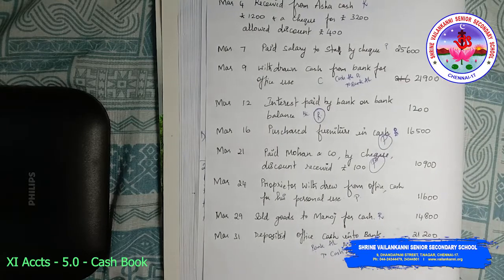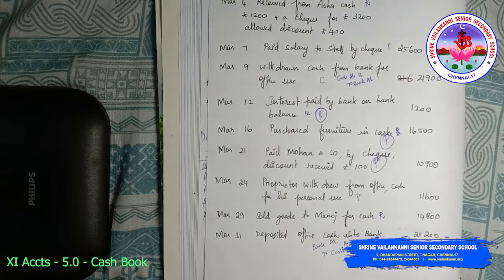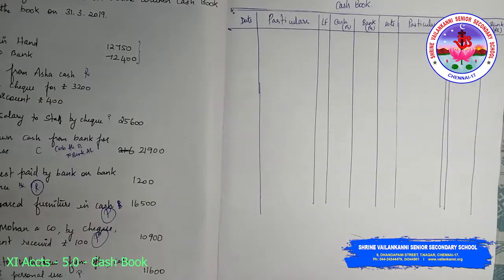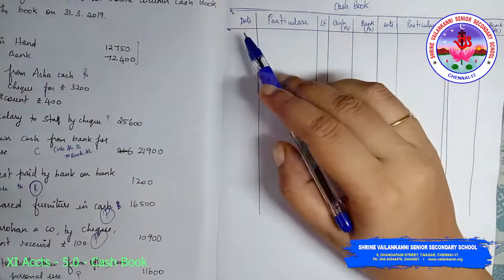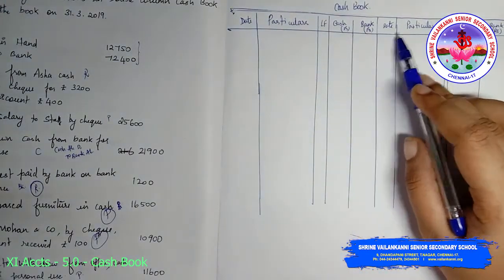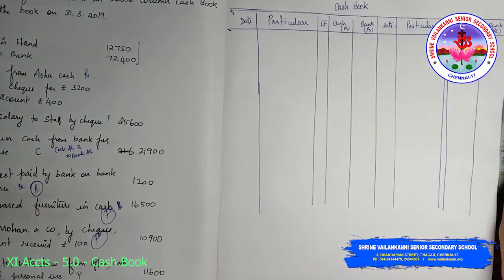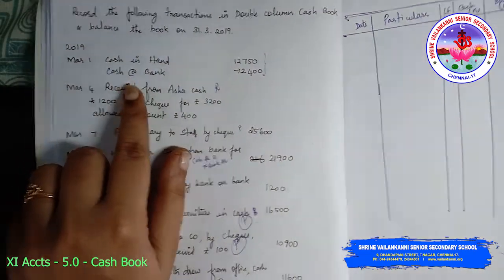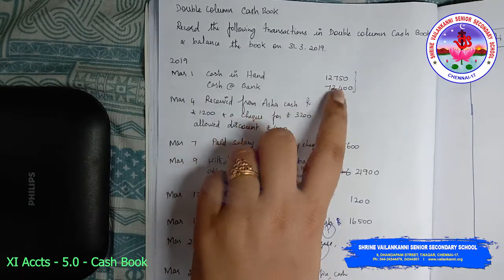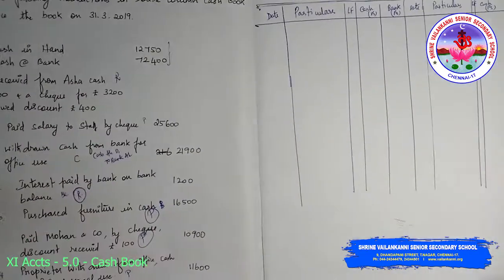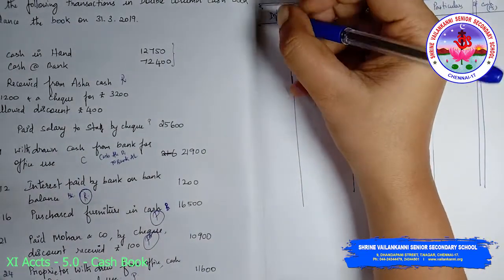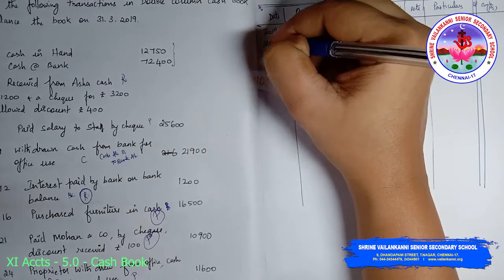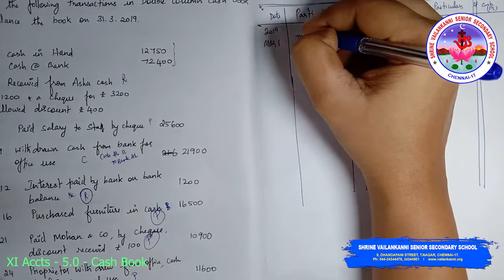So first let me finish the format of the double column cash book. This will be the format of the cash book: date, particulars, LF, cash, bank, date, particulars, LF, cash, bank. The first transaction is cash in hand and cash at bank. You can see here 12,750 and 72,400. I'm just going to write it. It's an opening balance. So 2019 March 1, to balance